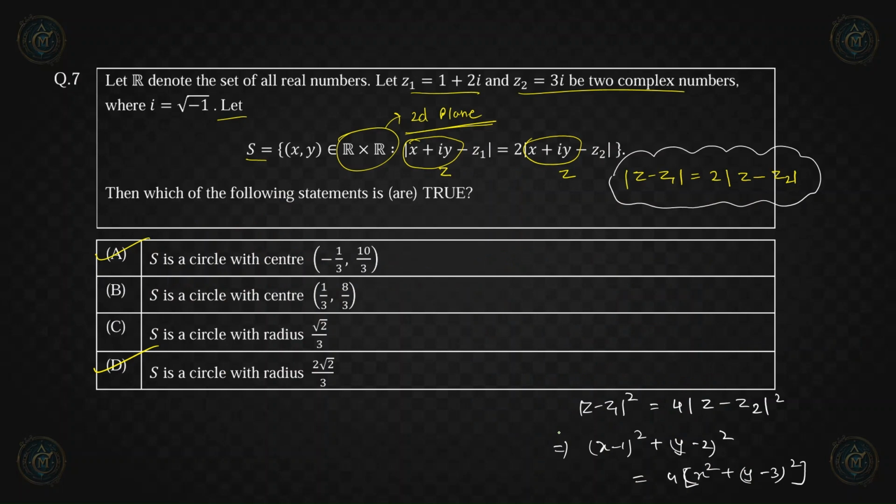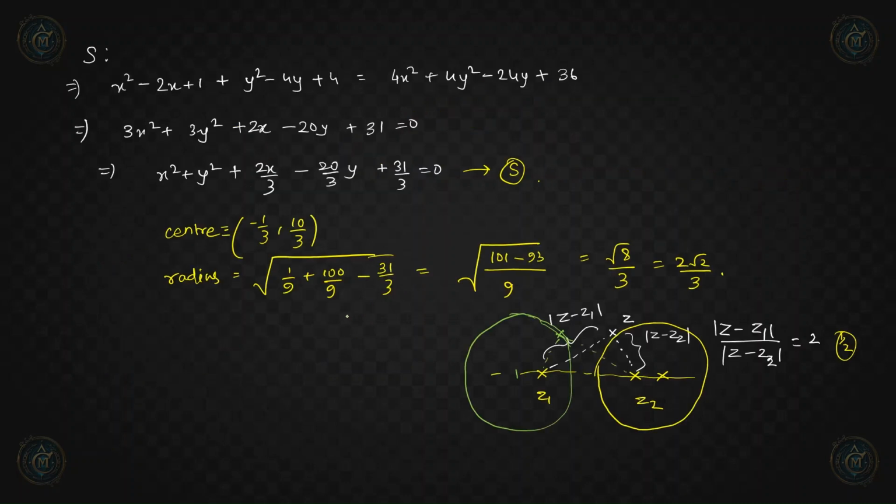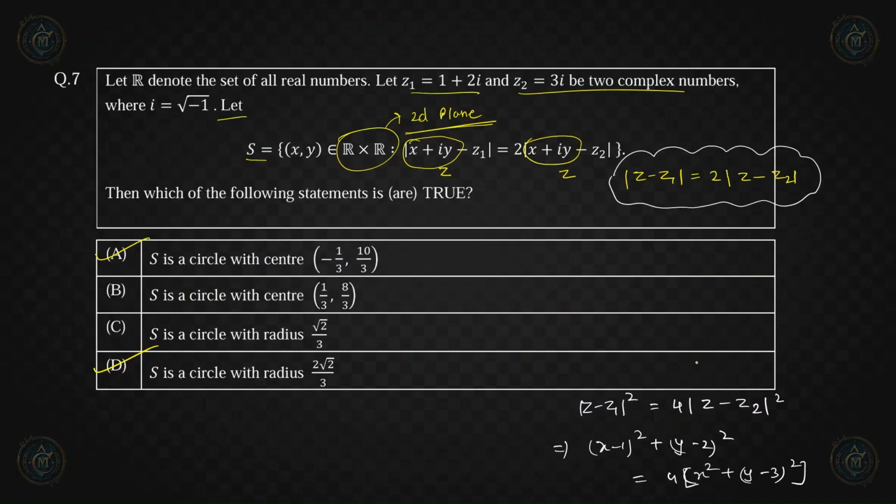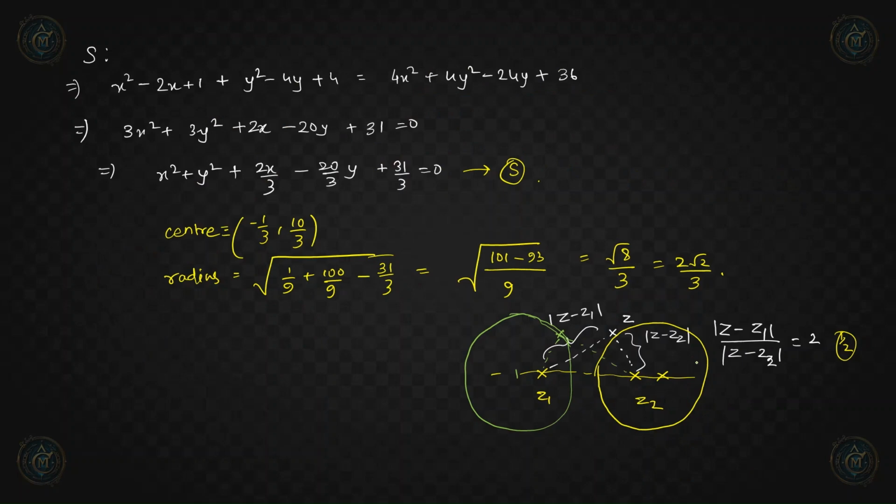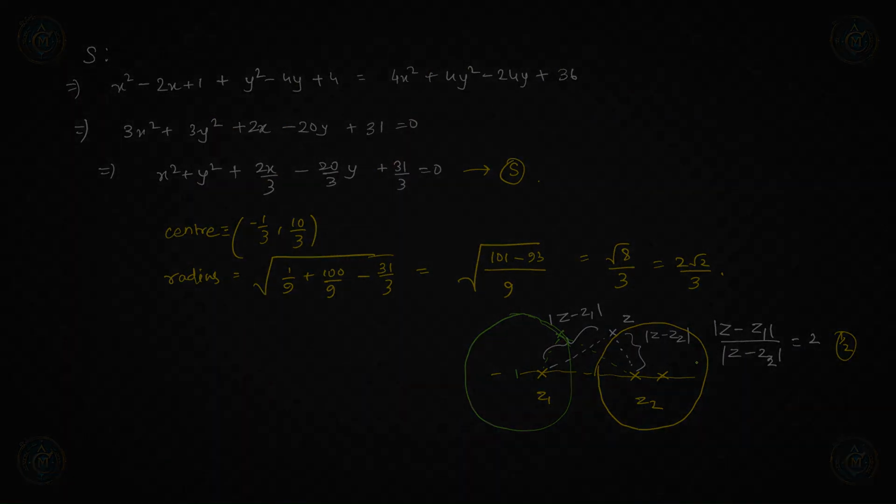Although in this question we cannot eliminate options using this information, because both of these points lie on the straight line joining the two given points z1 and z2. So we cannot eliminate options, and that's why we had to proceed by forming equations. This is the geometrical representation of the situation that I wanted to show you. The rest of the problem we can simply do by solving for the equation of the circle. That's it.